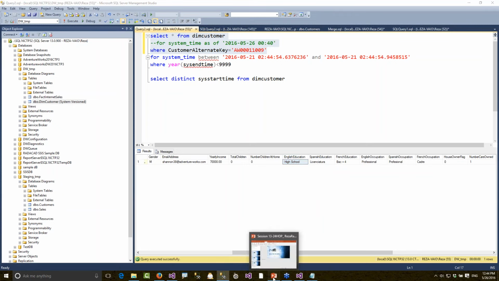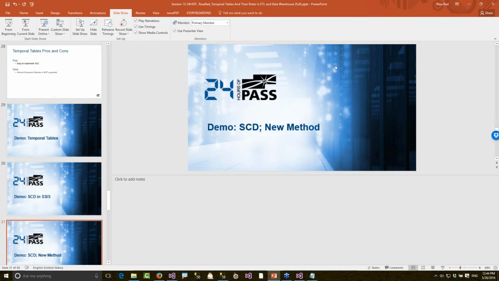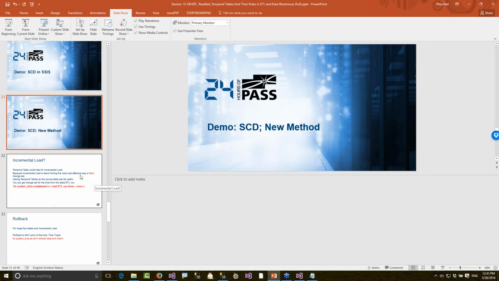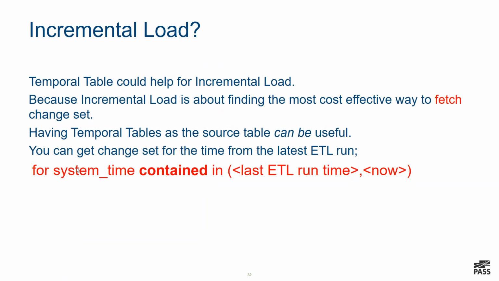Alright, so I showed you how this can be done easily with a very small merge statement, and temporal tables will take care of everything, right? So that's one big main usage of temporal tables. I can go back to any point of time in my temporal tables. For incremental load, you may want to use a temporal table, but not for your destination